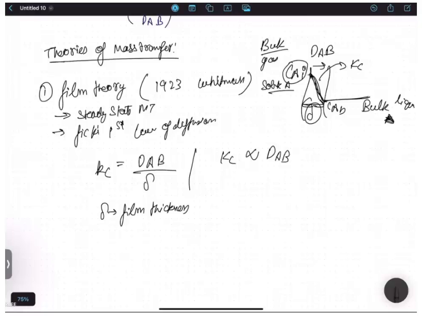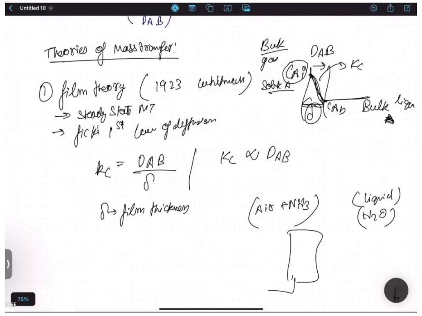In absorption, the solute gets transferred from gas to liquid. For example, suppose you have an air plus ammonia mixture, and you use a liquid that is nothing but water, H2O. Now, if you put them in an absorption column,